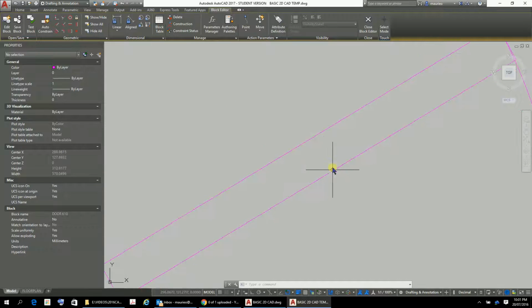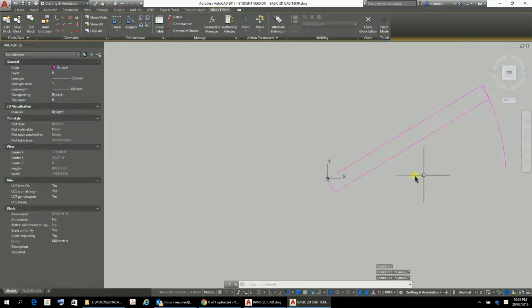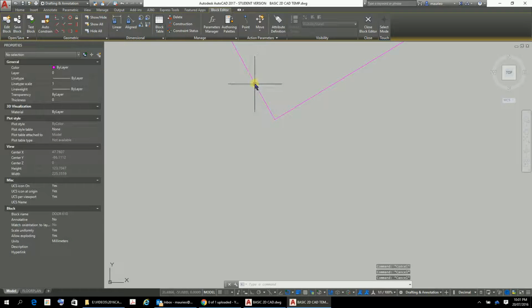Maybe it should have it 60 degrees. Yeah, 60 degrees, and these end ones should be 60 plus 90, so that one there should be 150. Yeah, all good. And it should be 50 mils as well. Cool. Okay, so let's close the block editor,